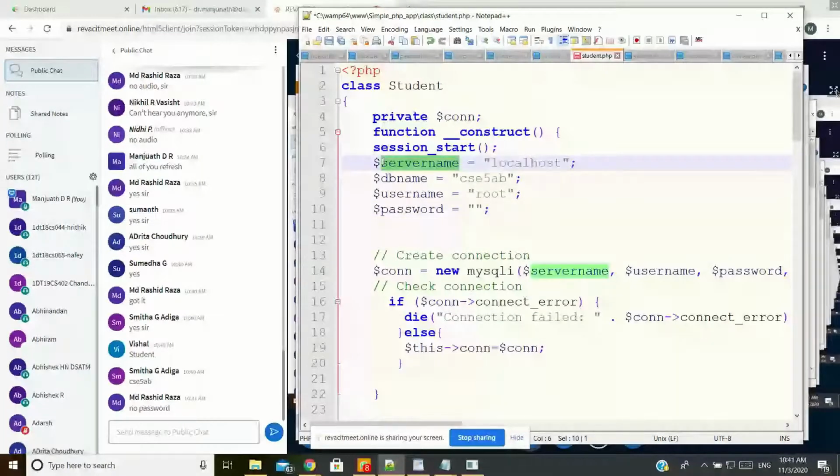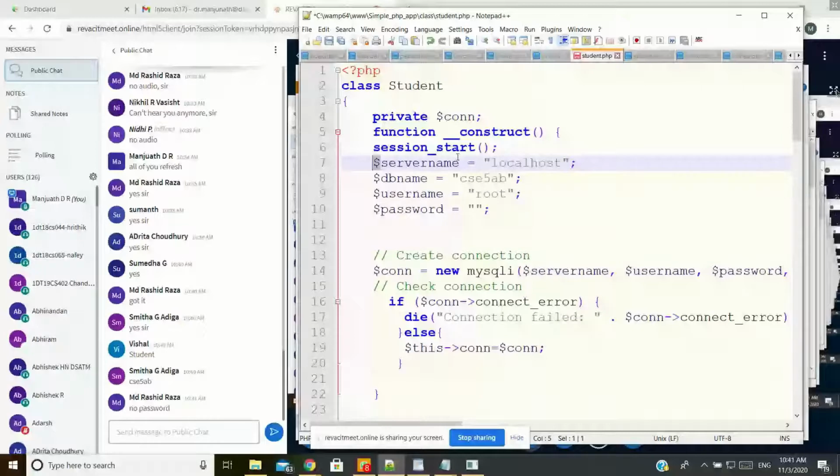My server variable has the value localhost, and my database name variable is set too. This is the way you can create a variable in Python. In PHP, which is an object-oriented language, everything looks like a class environment, but you need not explain the object-oriented concept here. This is the way you can create a variable: just give some name starting with a dollar symbol. That's nothing but a variable in PHP.